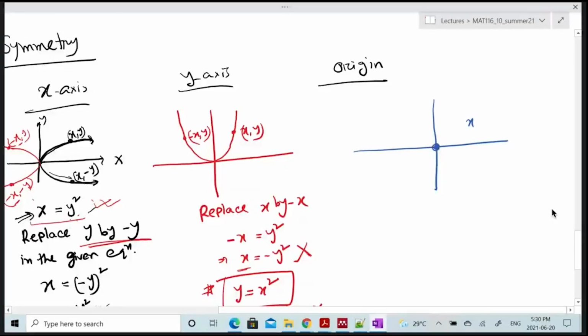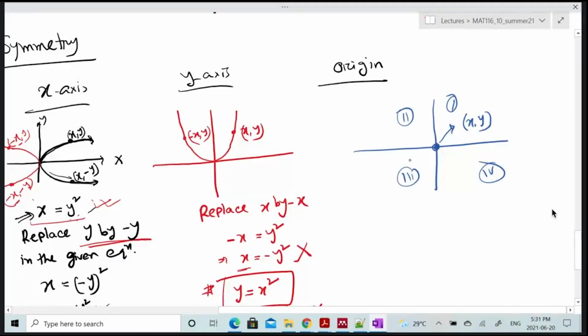The point 0, 0. 0, 0 is the origin. So the 0, 0 point has 4 sides. Remember, this is the first quadrant, this is the second quadrant, third quadrant, and fourth quadrant. So if we have any point x, y in the first quadrant,